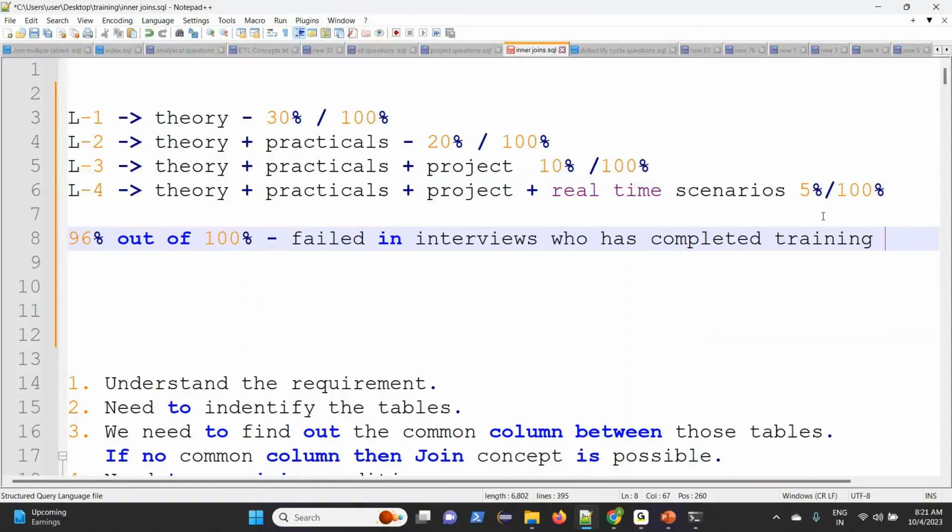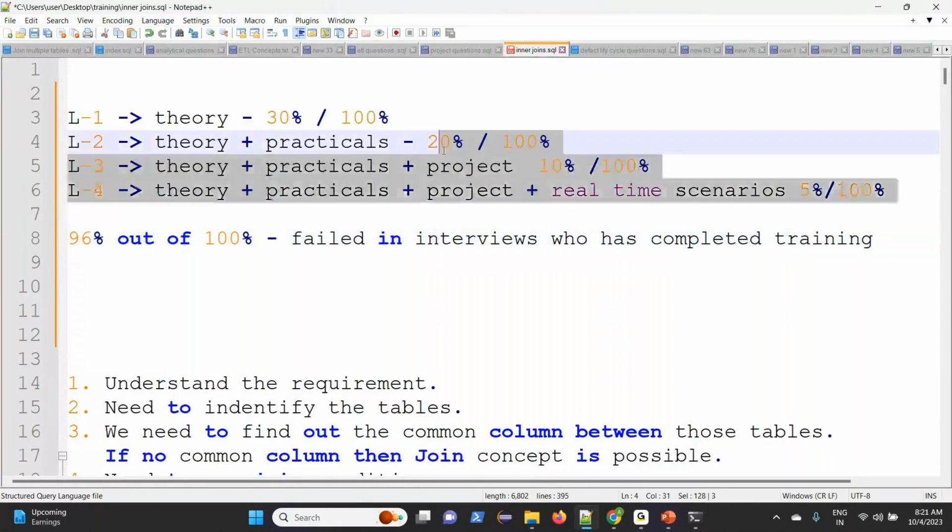There are so many people who will take the training. Now, what is the reason behind this? You should be in these two levels. At any cost, if you are in L1 and L2, maybe in your resume you have the technology, but you don't have the capability to crack the interview and to work on your individual projects.